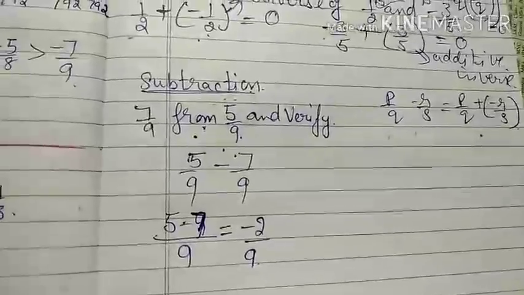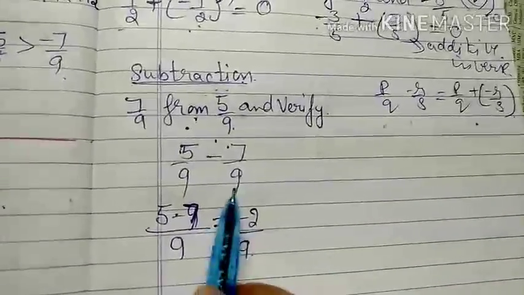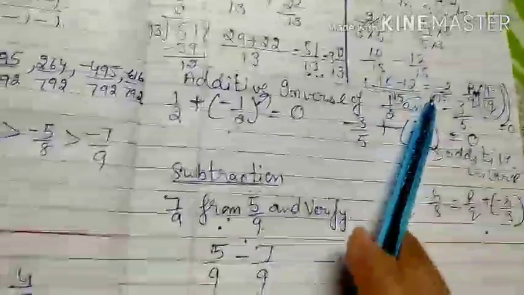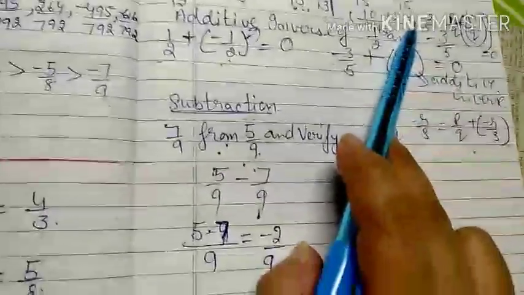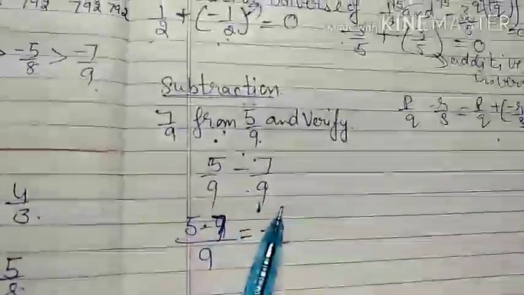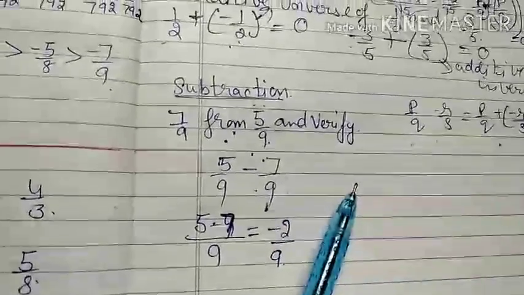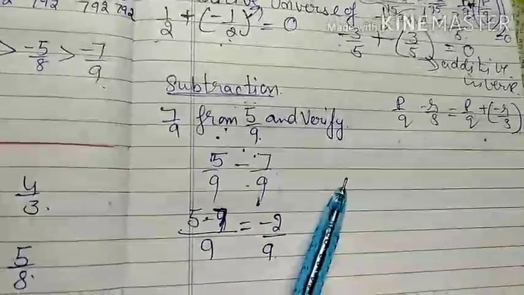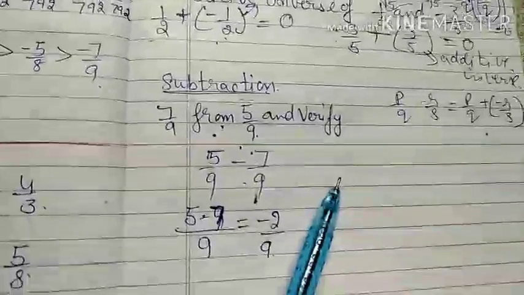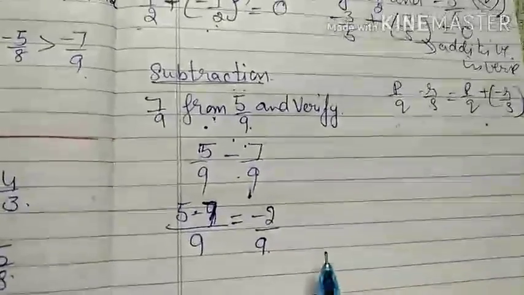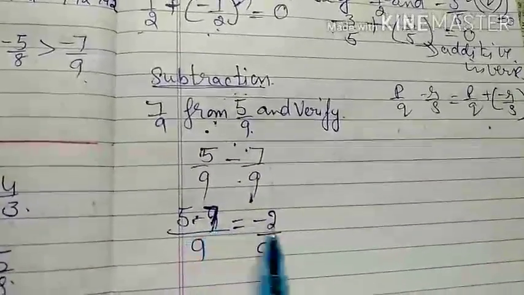Okay. If there are different denominators, you have to do the same way which I did just before. You make the equivalent denominators by finding the LCM and convert the fractions according to it, so the denominators are the same as the LCM, and subtract as it is. 5 minus 7 gives minus 2.